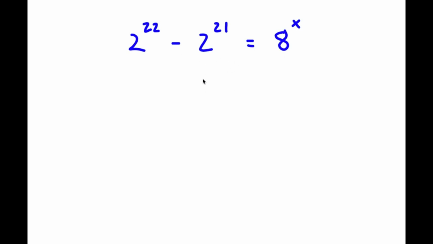Alright, so in this problem, I have 2 to the power of 22 minus 2 to the power of 21 is equal to 8 to the power of x. I know at first glance, this problem looks pretty complicated. However, it's actually easier than you might think it is. For this problem, I'm solving for the value of x. So for my solution,